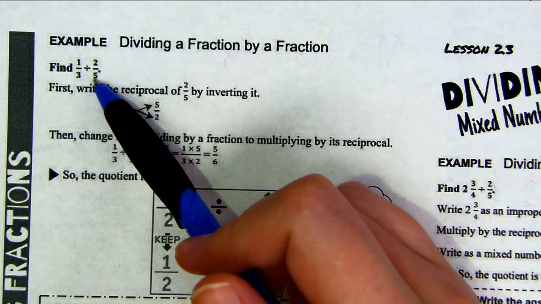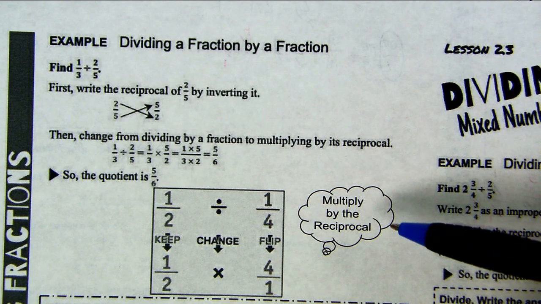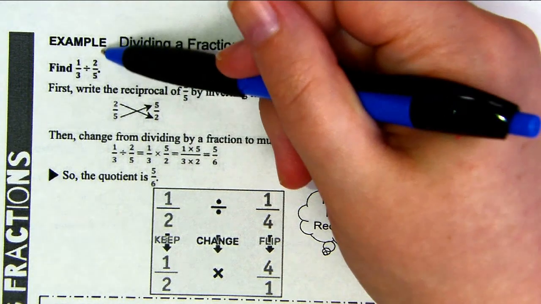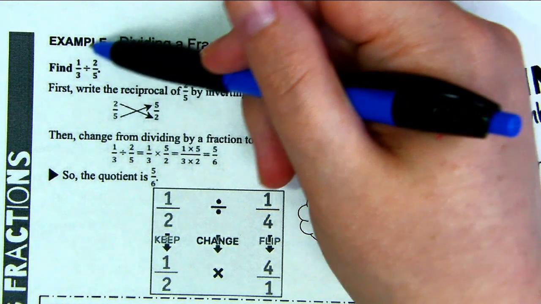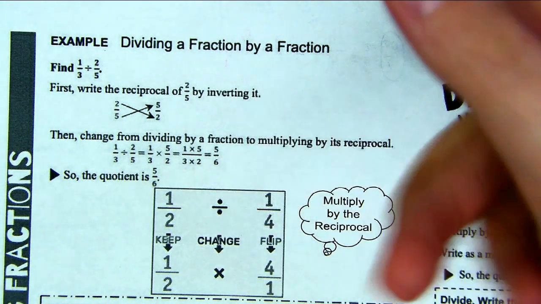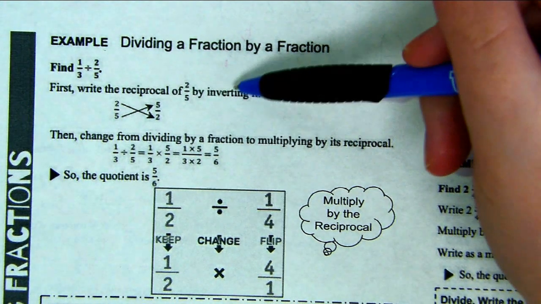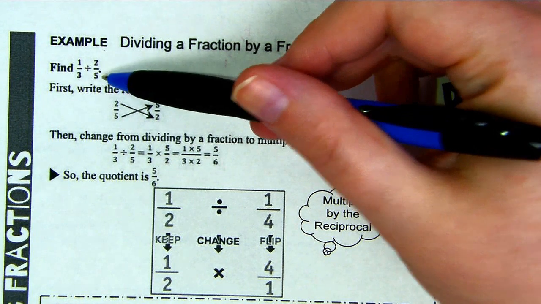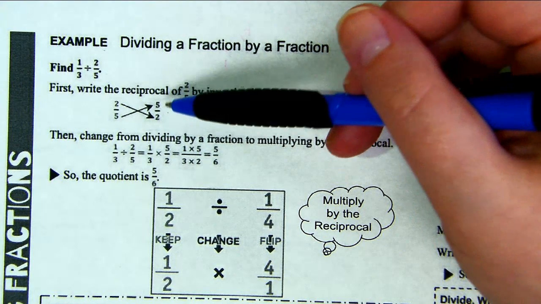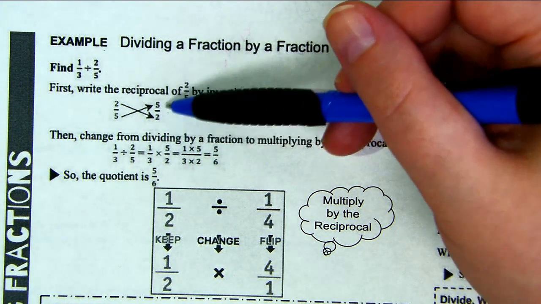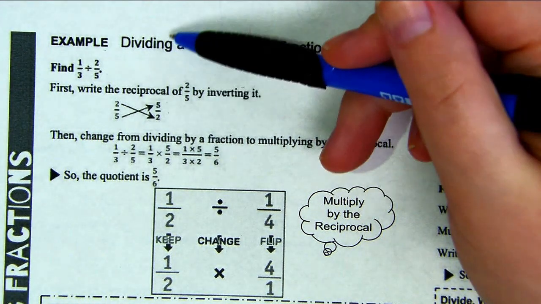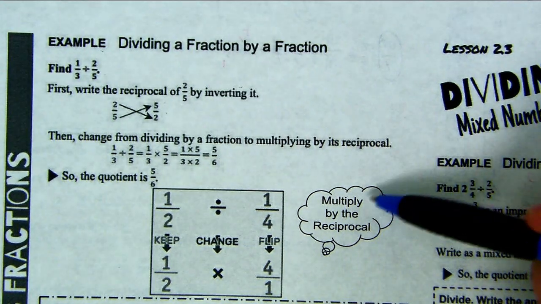So thankfully, what we can do instead is we can rewrite a division problem as multiplying by the reciprocal. So to multiply by the reciprocal, you take the fraction that is doing the dividing, so that is the second number, and you rewrite it as the reciprocal, or you flip the fraction or invert the fraction. So 2/5, its reciprocal will be 5/2. So you take the numerator and denominator and swap them. Next, we need to make sure we change the operation. So it will no longer be dividing, it will instead be its opposite operation, or the inverse operation, which is